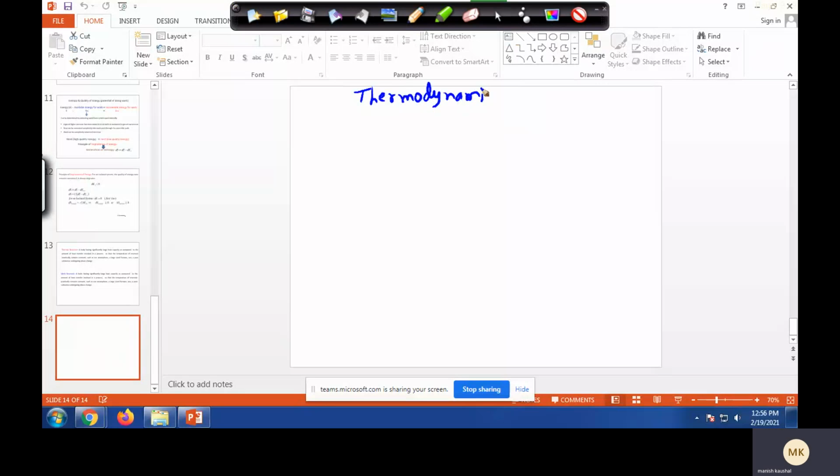Thermodynamic relations. Before we move on, one relation is very important for us, so let's start with that. We know from the first law that dou Q is equal to dU